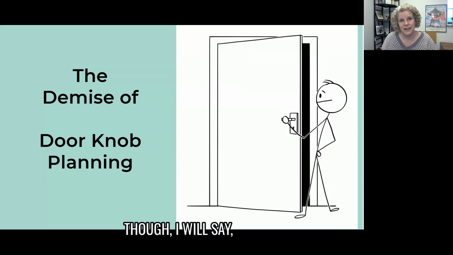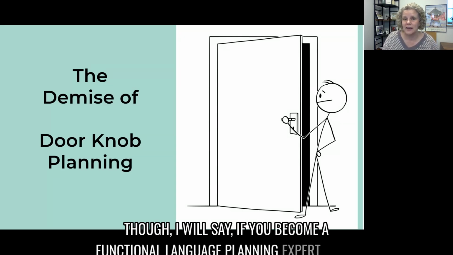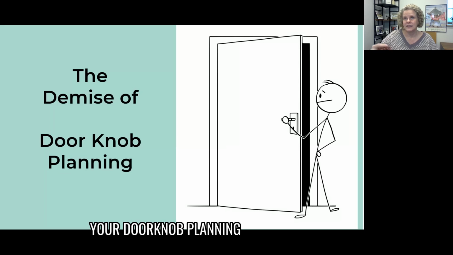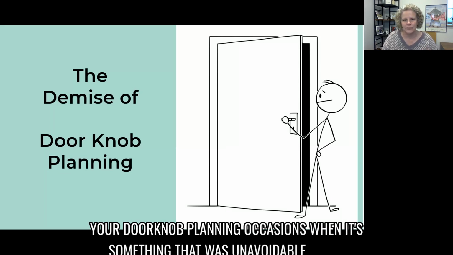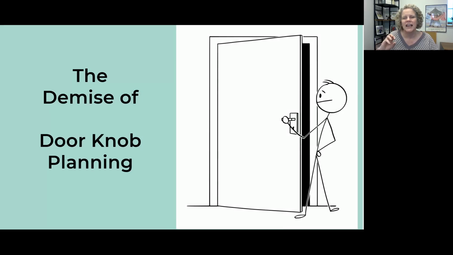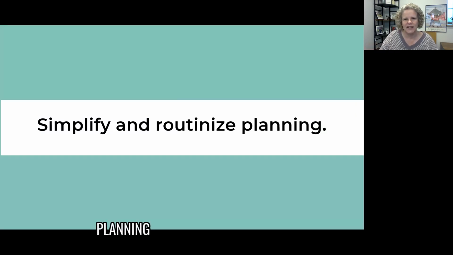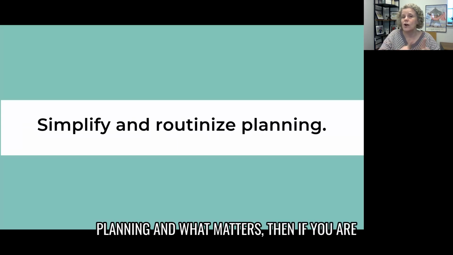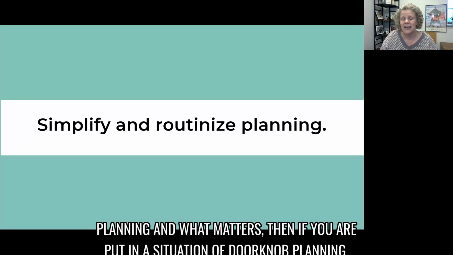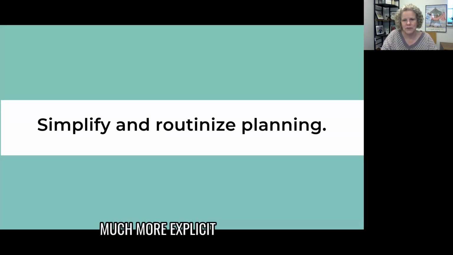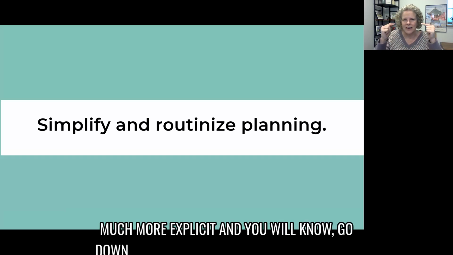Though, I will say, if you become a functional language planning expert, as we discussed in blog 2, your doorknob planning occasions, when it's something that was unavoidable, and it happens sometimes, if you know the routines and the ingredients to functional language planning and what matters, then if you are put in a situation of doorknob planning, it will be much, much better planning, much more targeted, much more explicit,